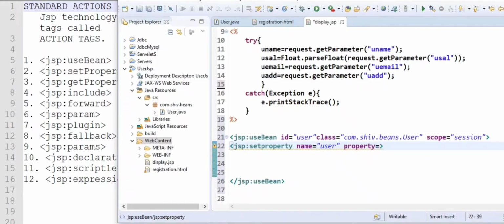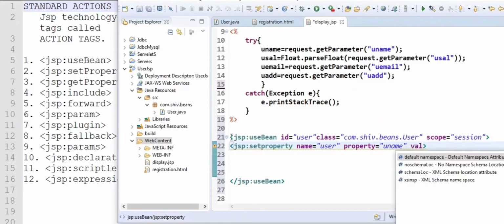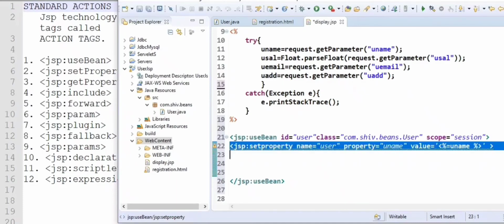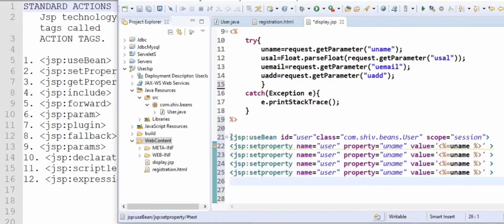We will give the property name as uname, and I am giving the uname value dynamically. So for its value I will take an expression scriptlet, equals uname, and I will put it in single quotation. Now like this we have 4 properties. So uname is done.